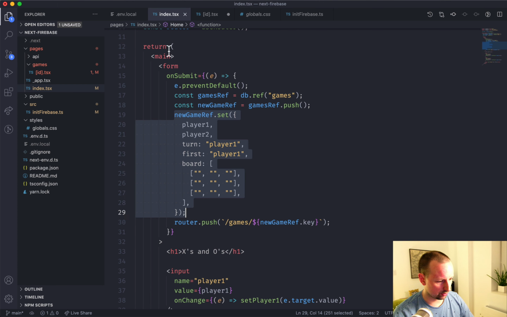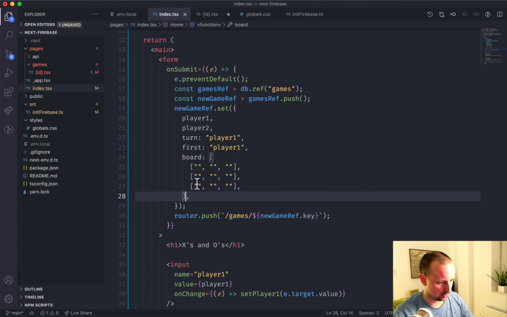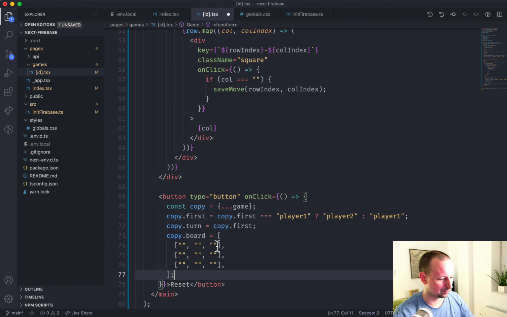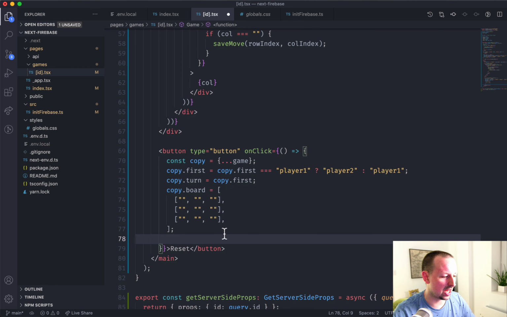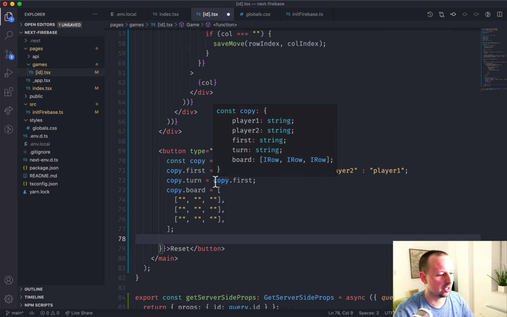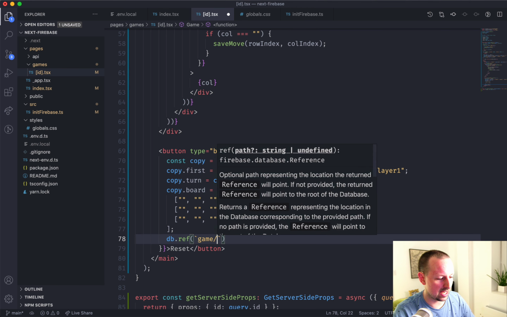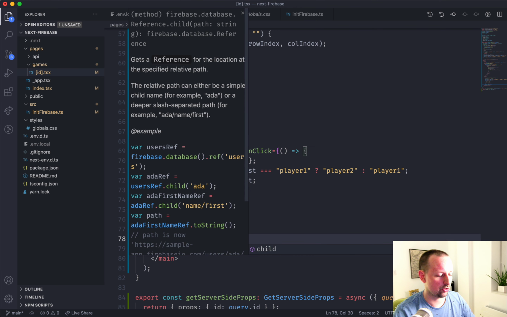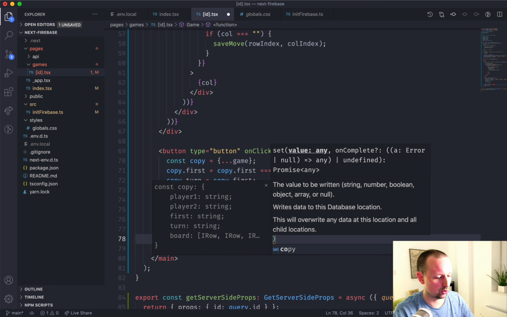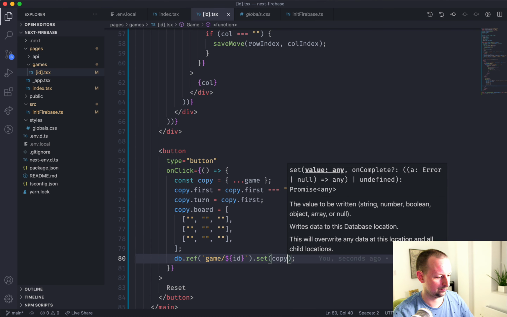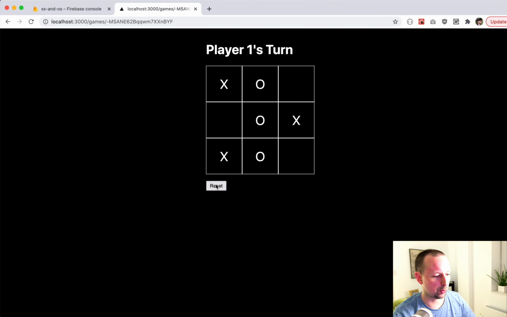And now we need to set our board back to the initial state. So I can actually just go back here and copy what an empty board looks like. So now that the game has been reset, we can say the db.ref at game/id should be set back to copy. Cool. So we click this,